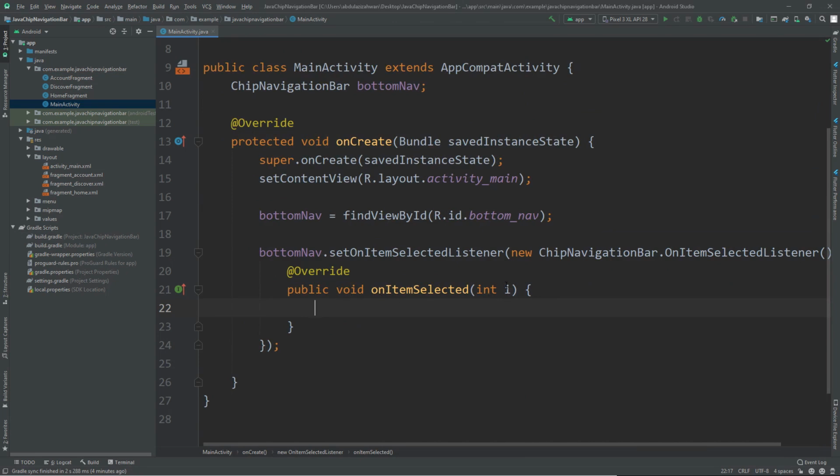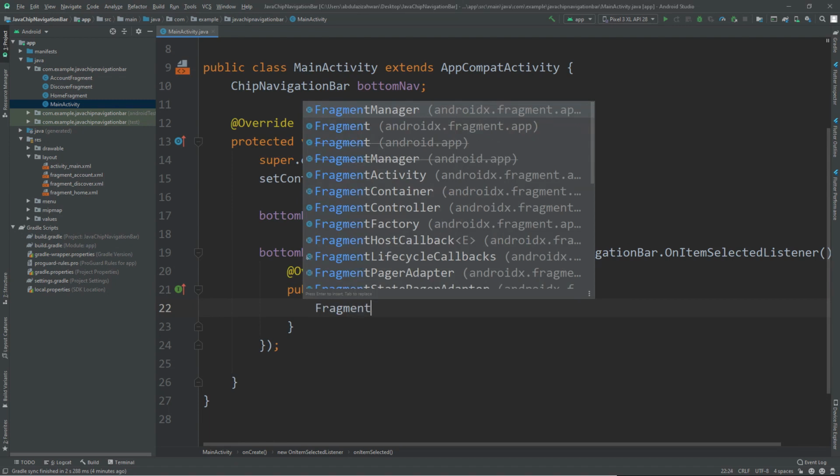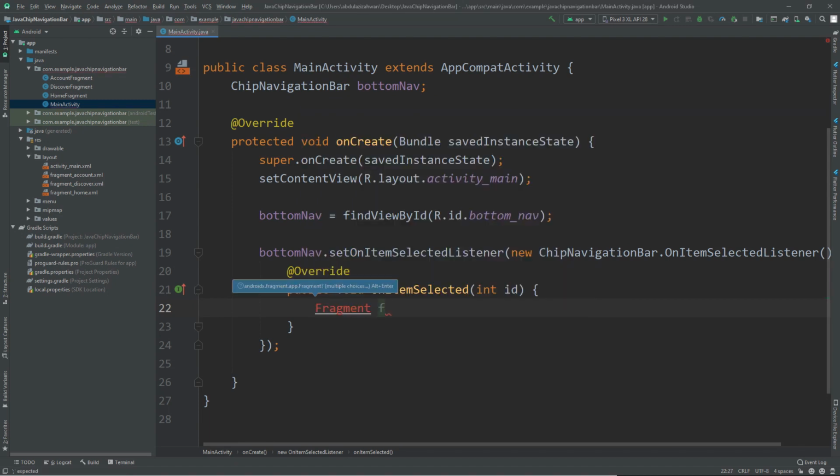And inside this we need to change this to id. Alright, and then we need to say Fragment, and press Alt plus Enter, and we say fragment, and for the default we set it to be null.